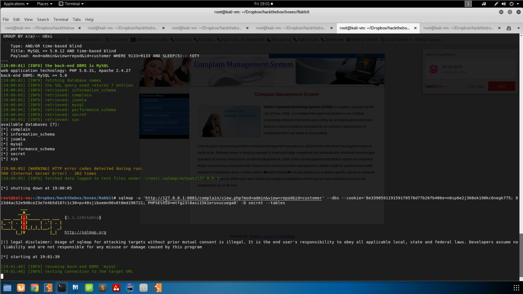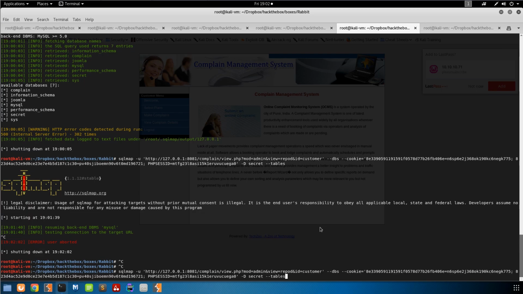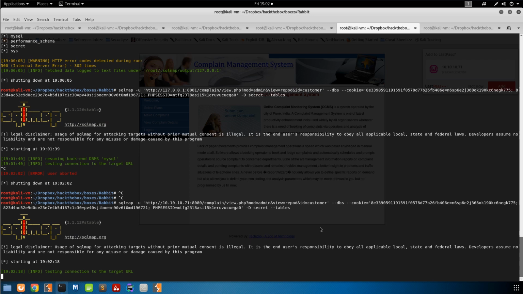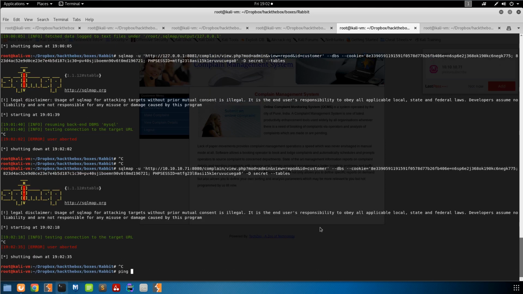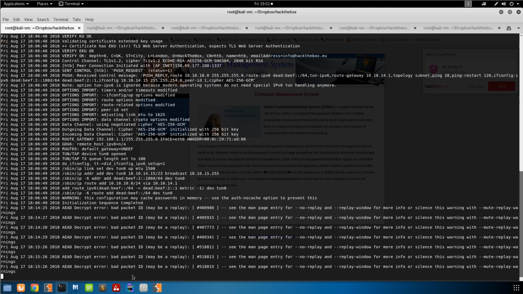Oh, I should change that also, because right now you can see we're still going through the Burp proxy, which actually I'm going to cancel out of. We can leave the proxy running, but let's just change this so we're going straight to the server. This seems to actually be taking longer than it should. And that appears to be why. Yeah, that looks like my